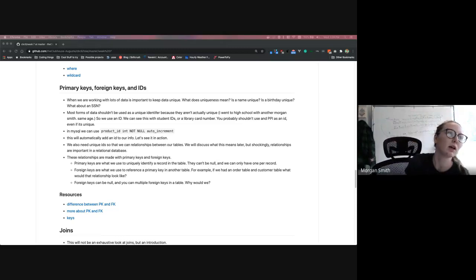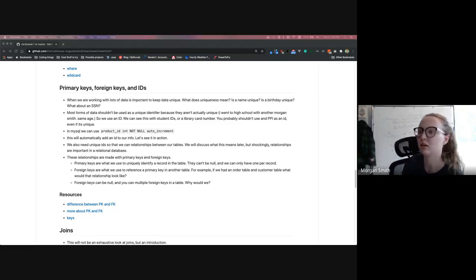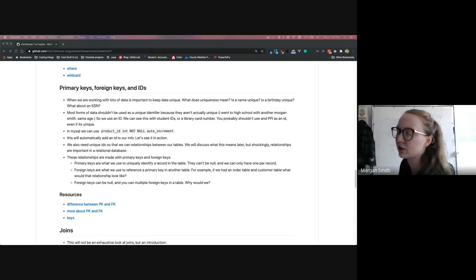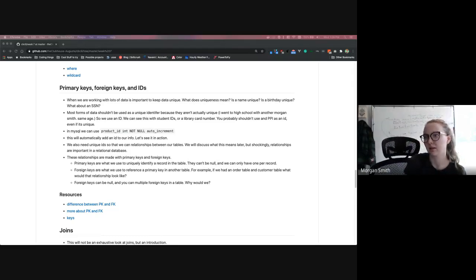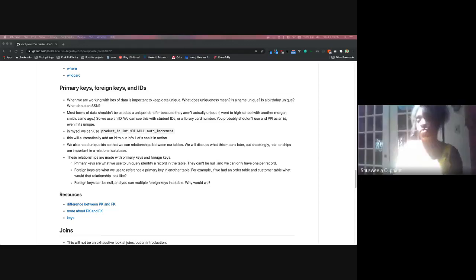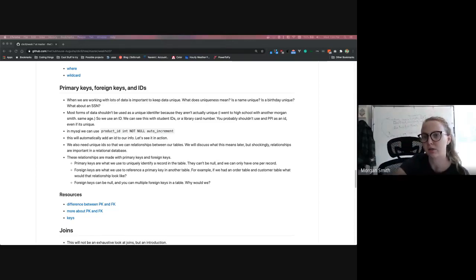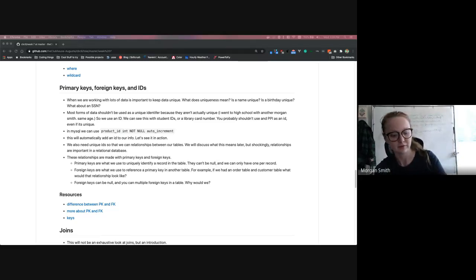So what should we use as a primary key? What kind of things should we use for a primary key? IDs, yeah. So we shouldn't use stuff that's not unique. So like,